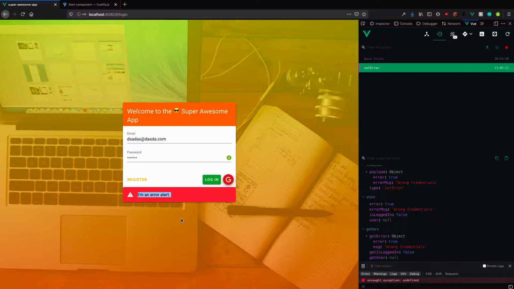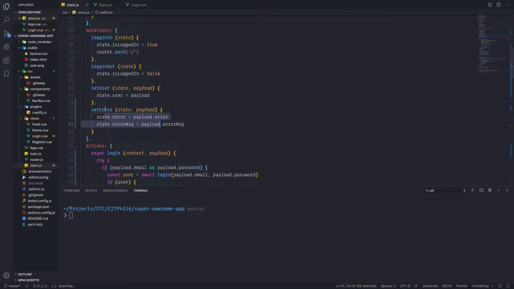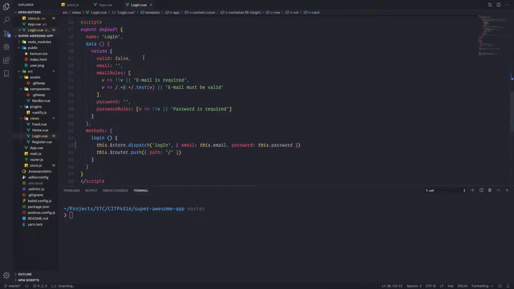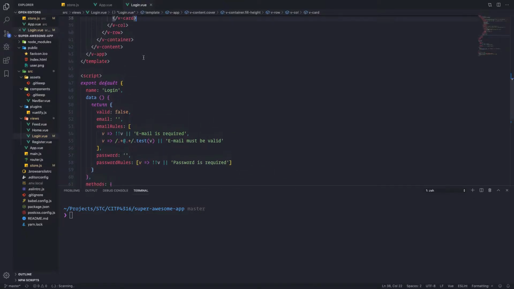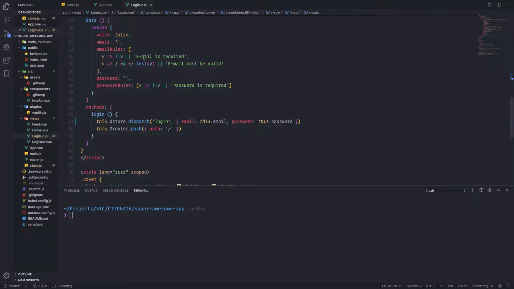Now we can enable and disable the error message depending on this information. So all this was just to go to the login page. Well, actually to a store. Let me get error. We go to the